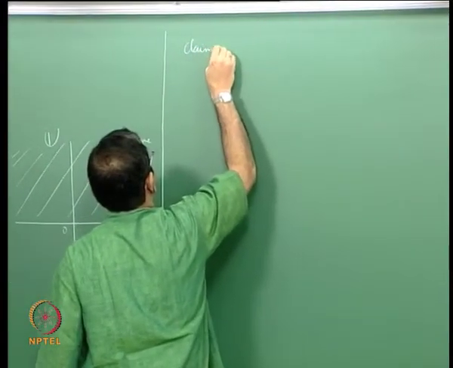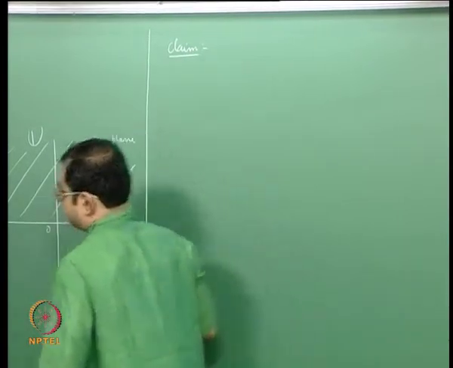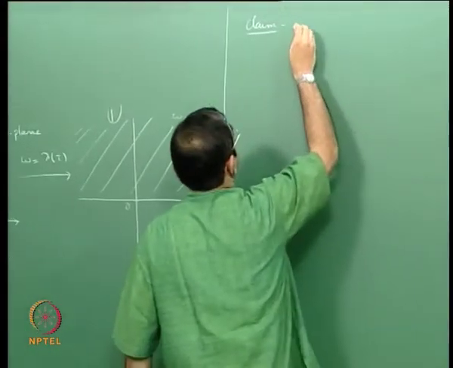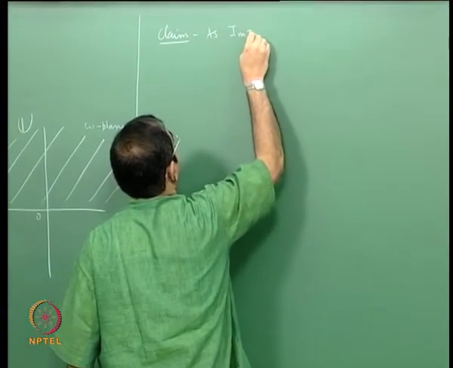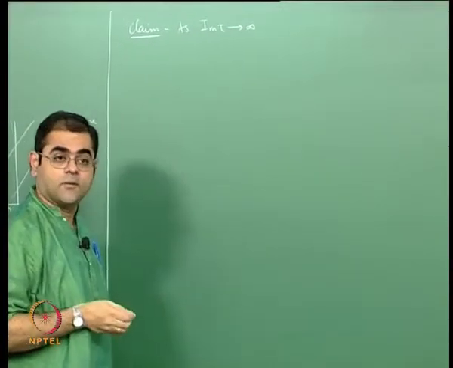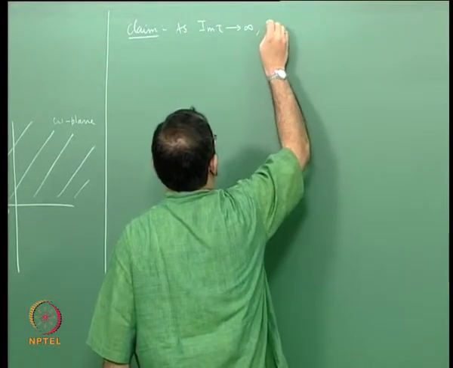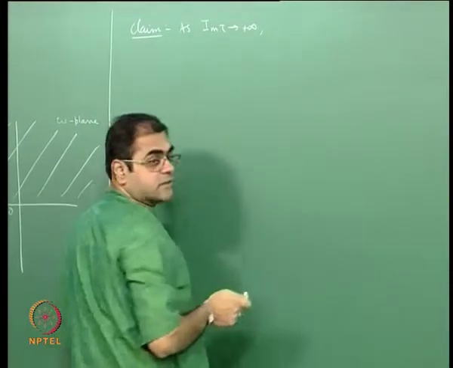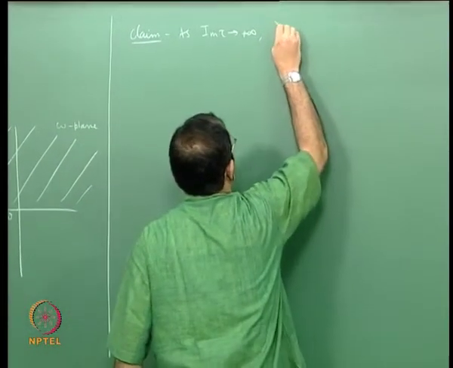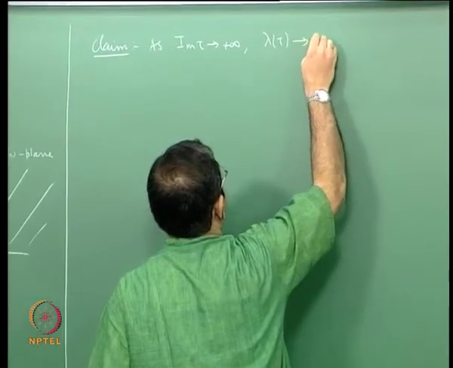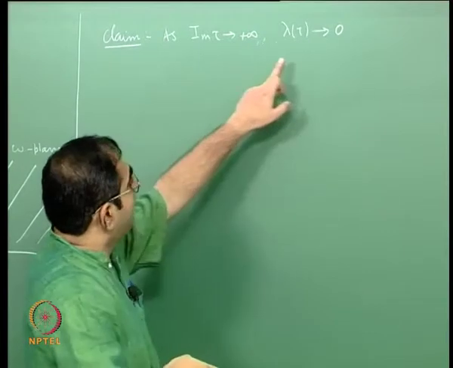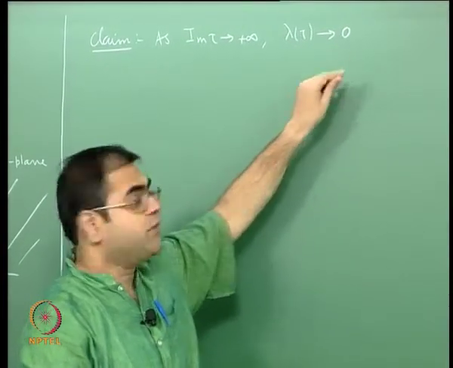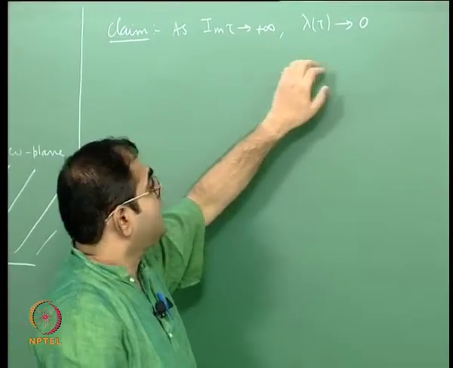Our claim is the following. I will draw another diagram if I need one. As the imaginary part of tau tends to plus infinity, because this is a real variable, lambda of tau tends to 0, and the way it tends to 0 is uniform as a function of the real part of tau. As you let the imaginary part of tau tend to infinity, lambda of tau